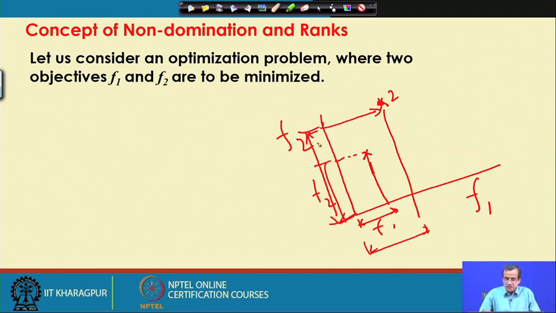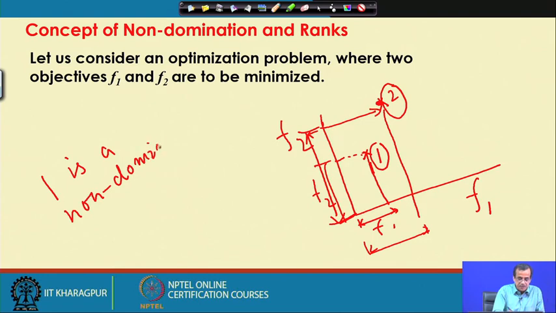Now, if I compare these two solutions, solution 1 and solution 2, in terms of F1 and F2, corresponding to solution 2, F1 is more, F2 is more, and corresponding to this particular solution 1, F1 is less, F2 is less, and these are minimization problems. So, this solution 1 is a better solution compared to solution 2 in terms of both F1 and F2. That means, we can declare that solution 1 is a